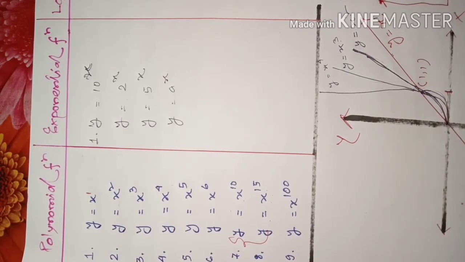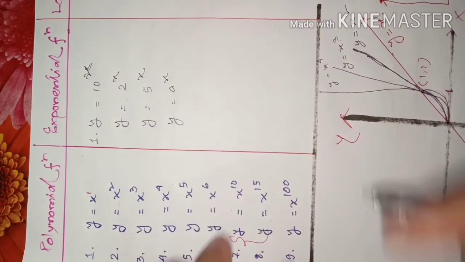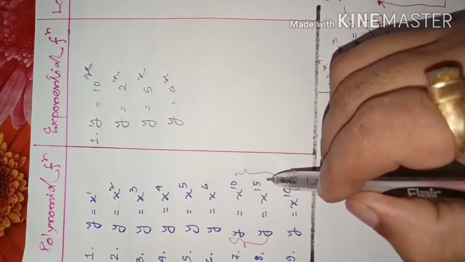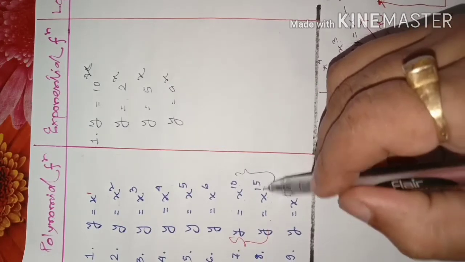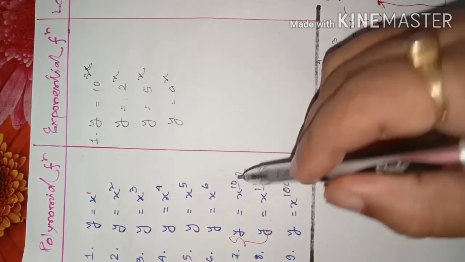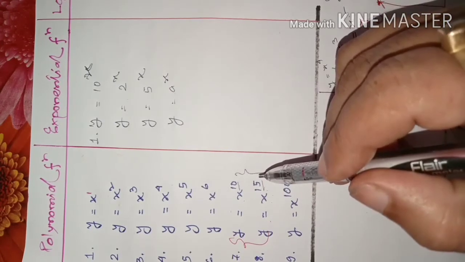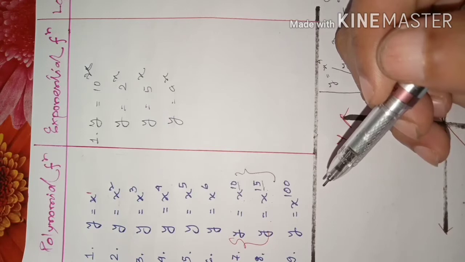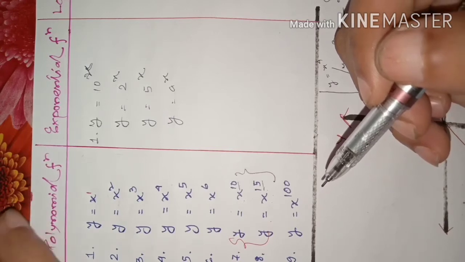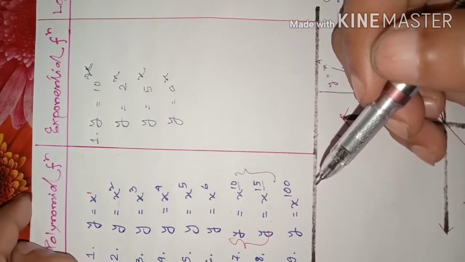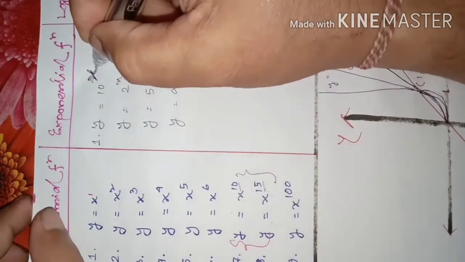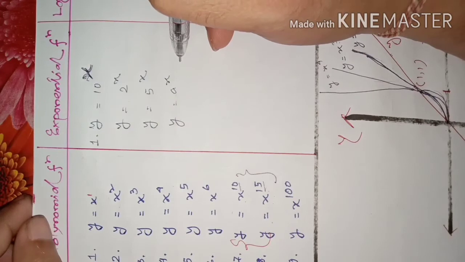Here we have noticed that between two polynomial functions, which function's growth is faster depends on the degree of the polynomial. But is there any function whose growth is faster than the growth of a polynomial function? The answer is yes. There is a function where the growth is faster than the growth of a polynomial function.